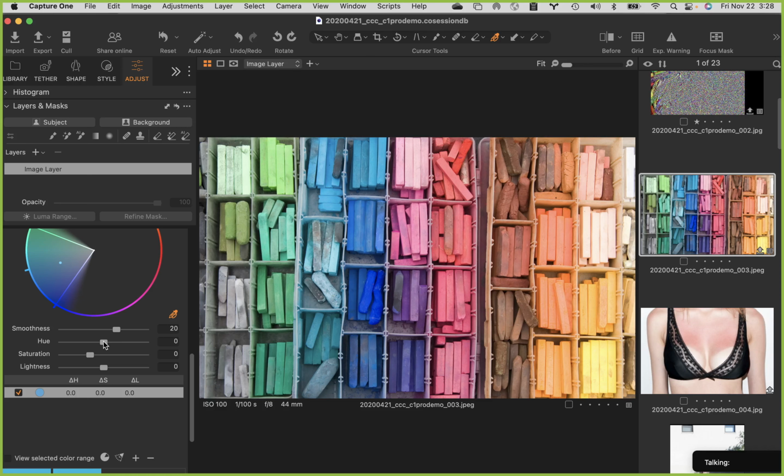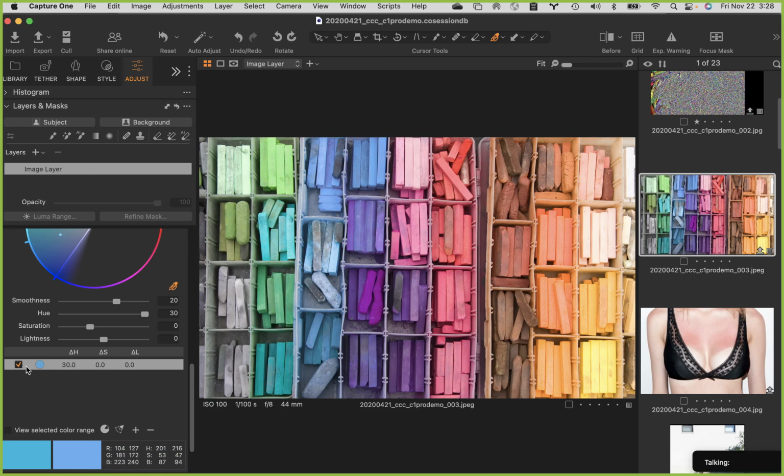So I am going to actually take the hue and shift this, and what I'm doing is shifting this in the direction of the purples and the reds. So it's actually pushing it in this direction. This color picker now though is cumulative. If you take a look right here, you will see